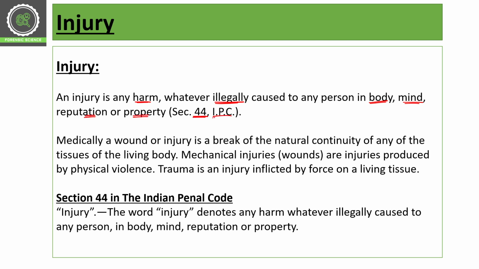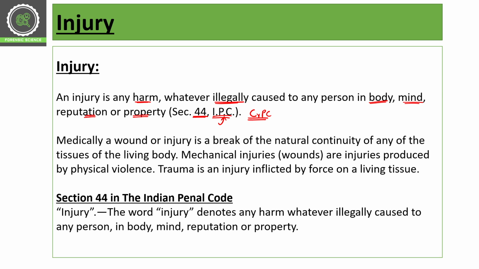I have told you most of the time that IPC stands for Indian Penal Code and CrPC stands for Criminal Procedure Code. In CrPC we have procedures. In criminal procedure we understand what the procedures are for different crimes and different actions, whereas IPC, the Indian Penal Code, is for penalization. So if it is fixed that someone is the perpetrator and we have all the evidence against that person, we can penalize them under the IPC section, okay?